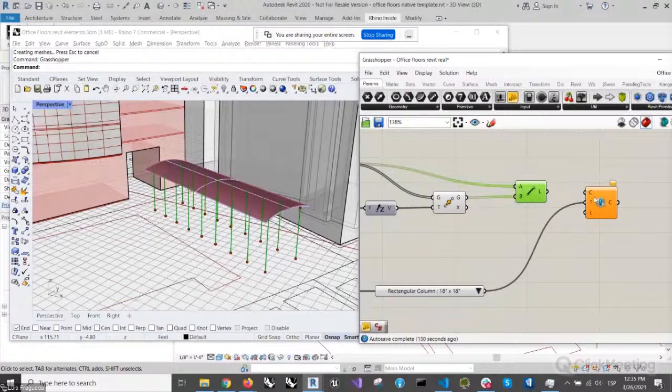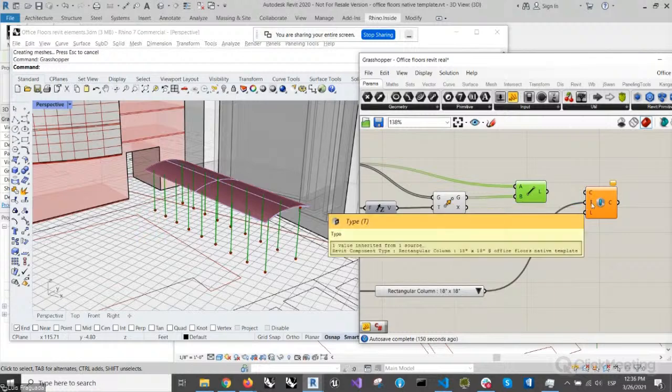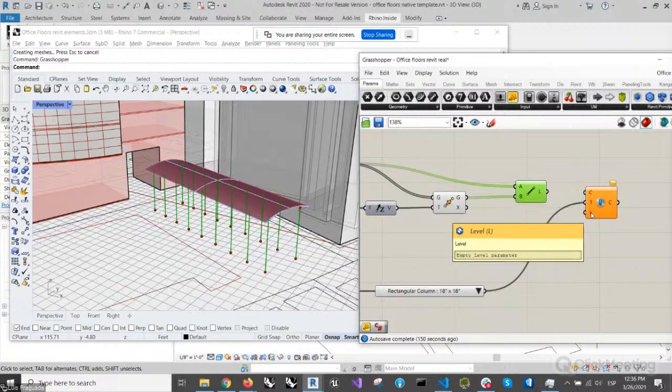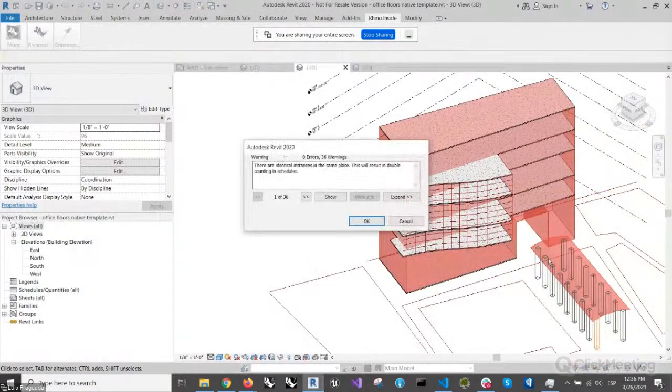So there's a couple of inputs there. There's the curve itself, in this case the line. There's the type, and eventually the level. Since I don't put any level, it's just going to, I think, go to the ground level by default. So I'm going to pass this in. It'll take a moment here, and eventually